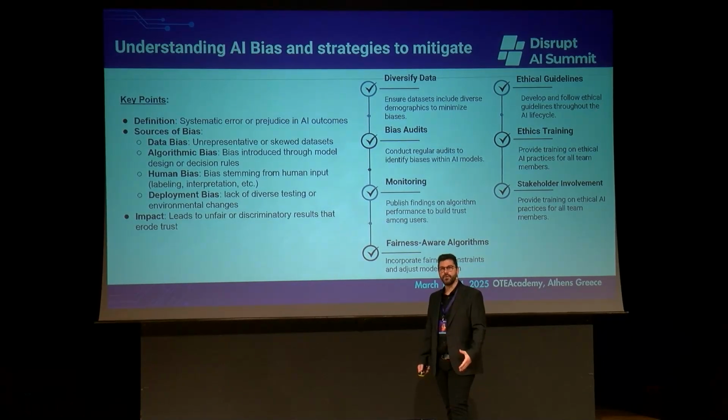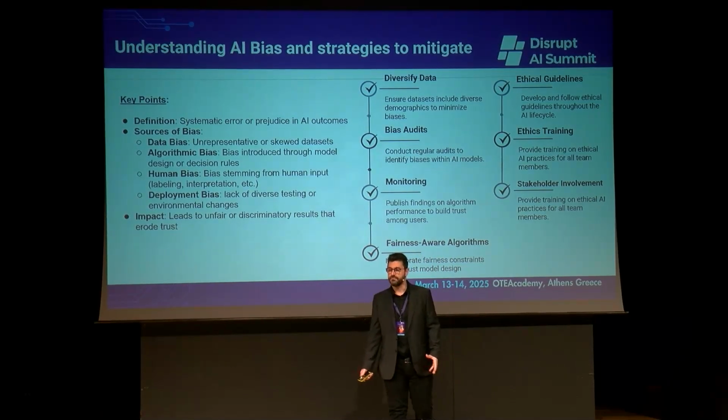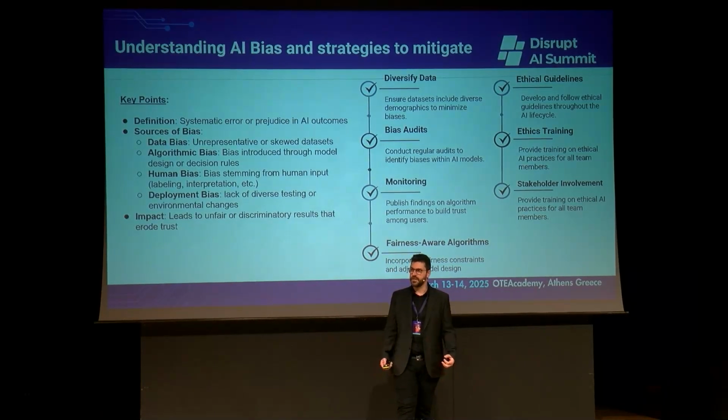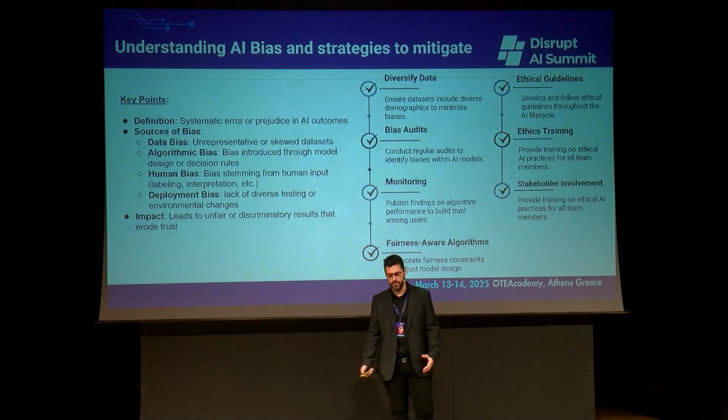There are different ways we can mitigate the bias. I can mention a few of them. We can have diversity in the data set. We can have data sets as diverse as possible in order to capture all the different aspects of the training sets. We can have audits regularly through the SDLC process, but also after going live. This is important: try to identify the bias, capture it, measure it, and resolve it. Monitoring is another aspect that is important.